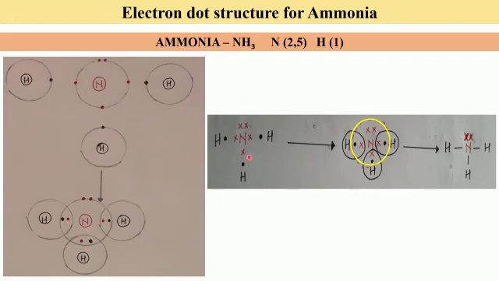So if we have to draw the dot formula or the electron dot and cross structure, show nitrogen here with 5 electrons. We have used cross to show the 5 electrons of nitrogen in the valence shell. Hydrogen's electron has been shown with a dot. It has 1 electron. Now this 1 electron is going to be shared with this electron of nitrogen from this side also and from here also.